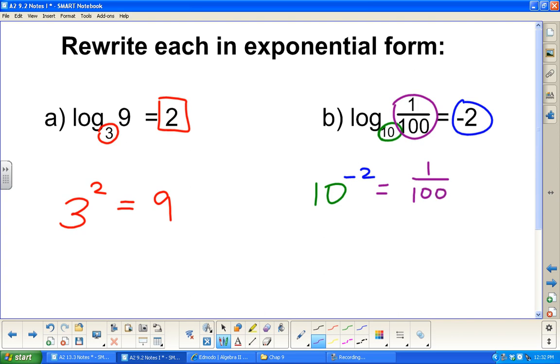10 to the negative second. Okay, that's why the 100 is in the denominator. The exponent was negative, so that's 1 over 10 to the second. Okay. All right. So,